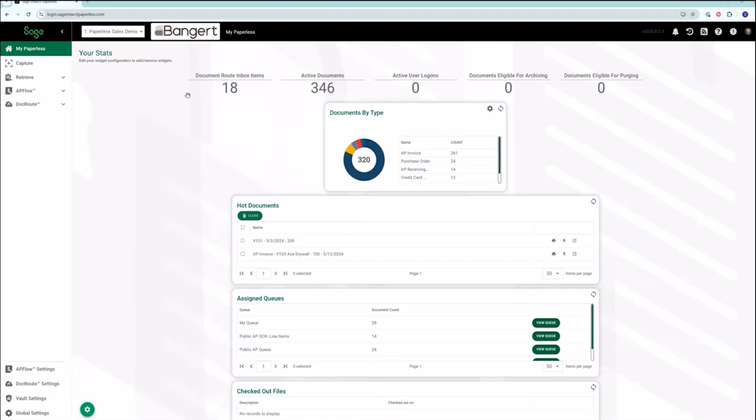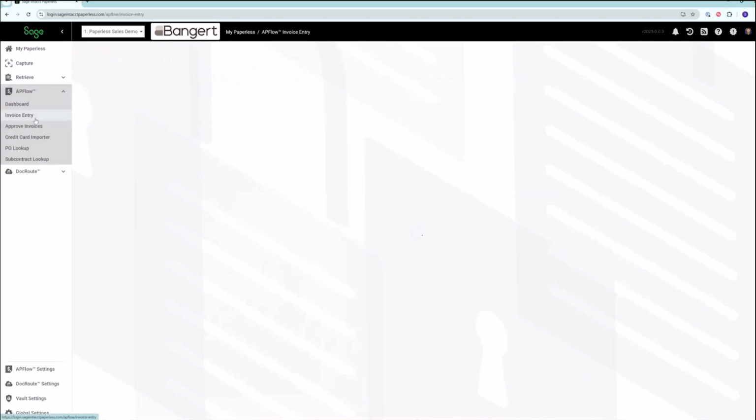Hello, everybody. Today we're going to be going through Sage Intacct Paperless's new Smart AI OCR for helping you read your invoices automatically and code them out for your processing team. So when you're in Sage Intacct Paperless, to go to the OCR and show it the best, we're going to go to our AP Flow tab on the left side of our screen, and we're going to go to Invoice